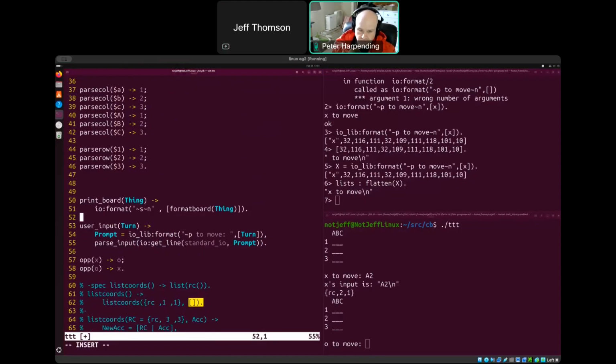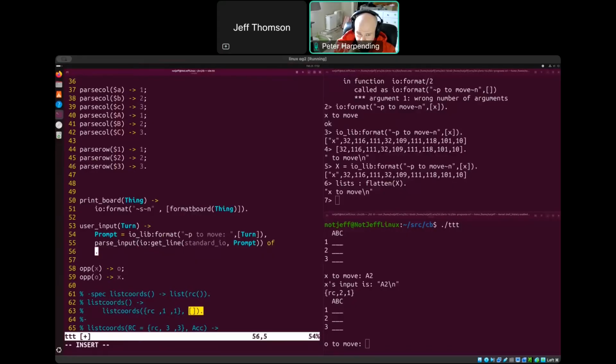So on line 55, do case parse input of, or maybe keep the other close paren, change it, go into insert mode, space OF, enter,